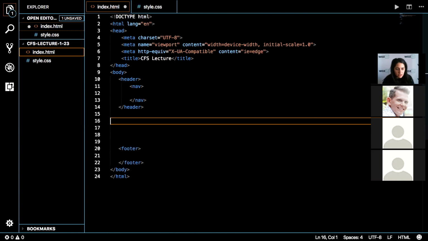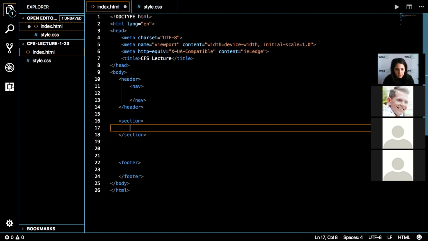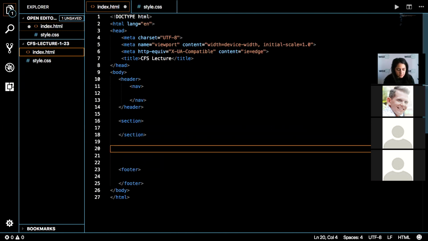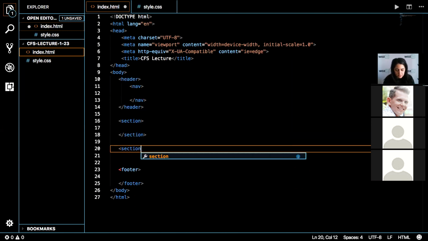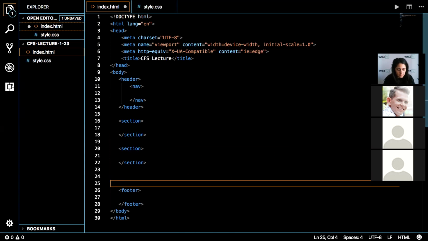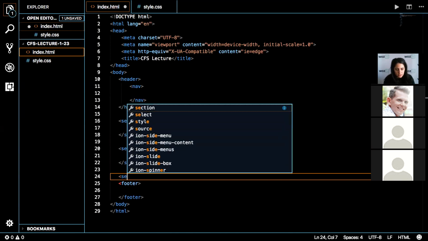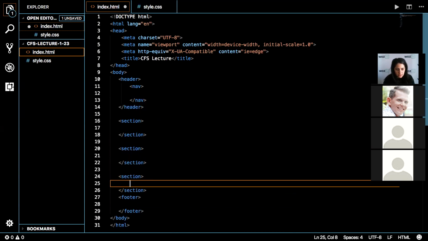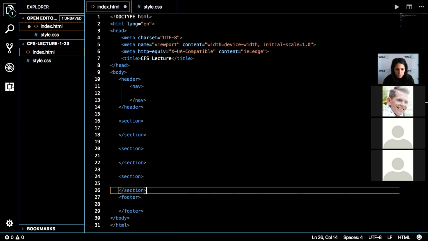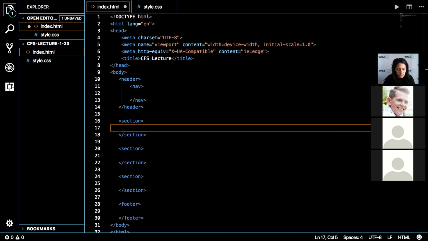And in the middle, I'm just going to make 3 sections. All right, so we have 3 sections, and then just for fun, let's put a div inside of all of them.